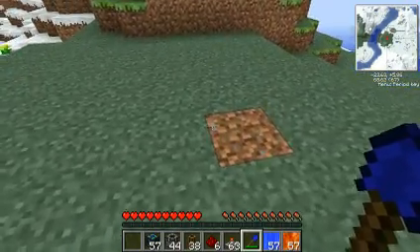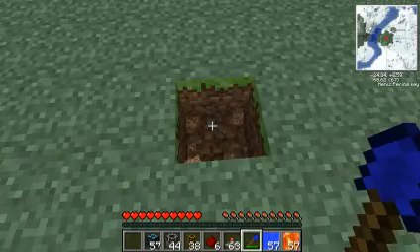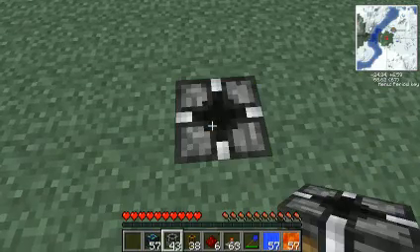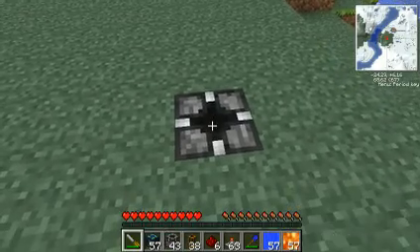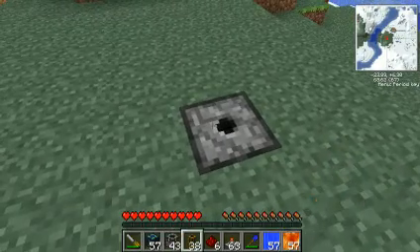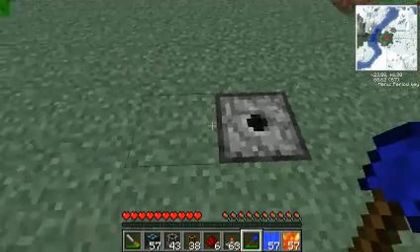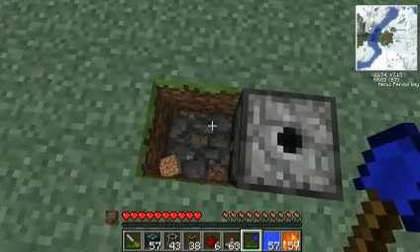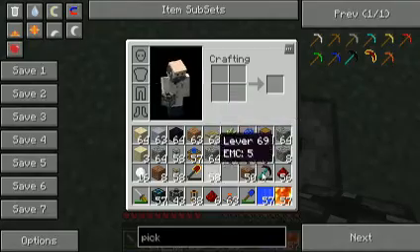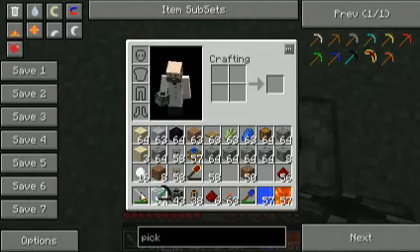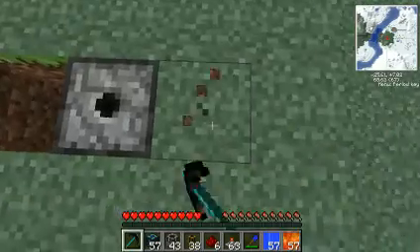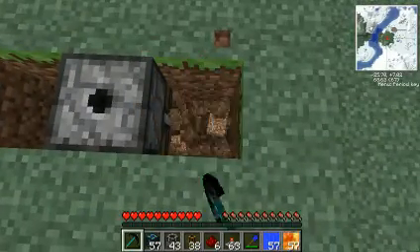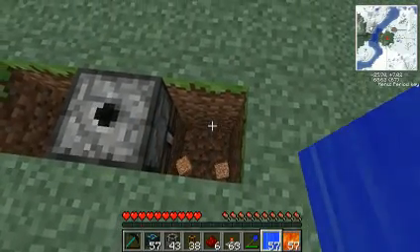To do the simple block breaker setup, it's really easy. Just dig one hole for the block breaker itself. You need your screwdriver. Flip it over. You want the little hole sticking up on top. Then you need to dig a hole two deep on either side. Just need my pickaxe. So dig a hole two deep on either side of the block breaker. You put water on one side,